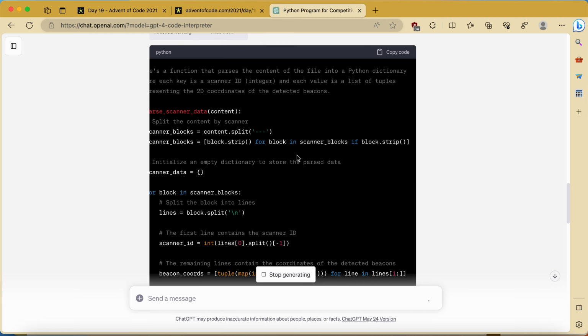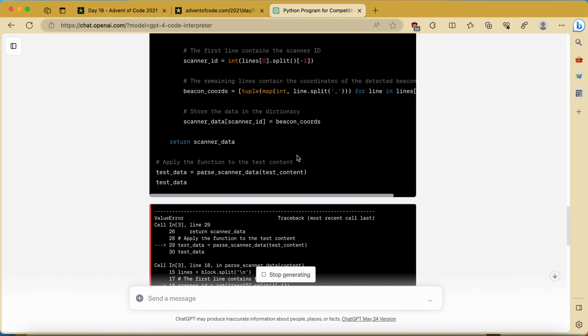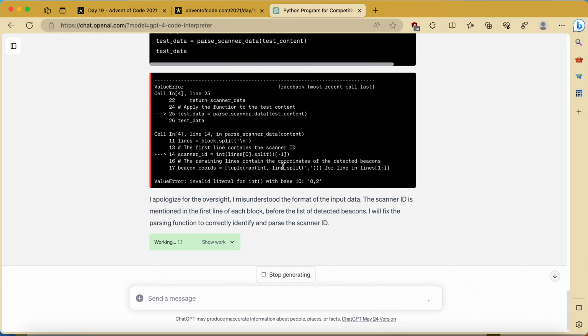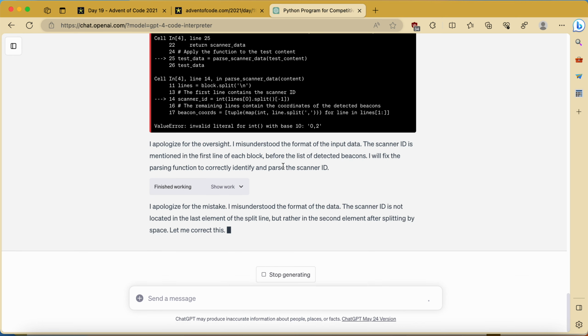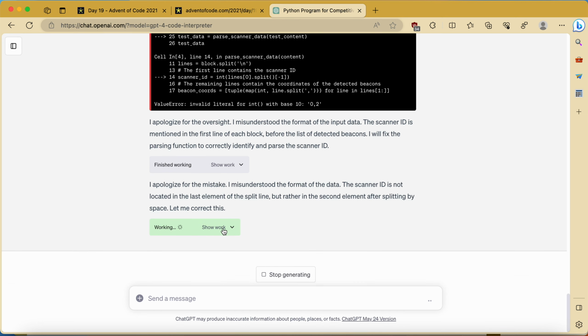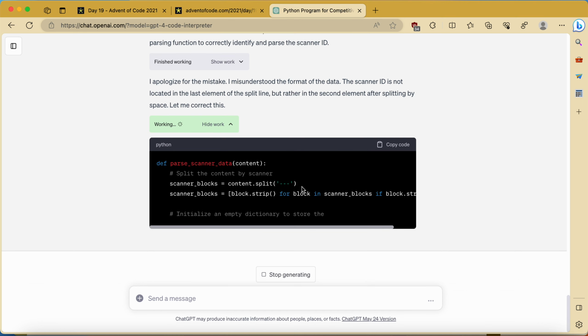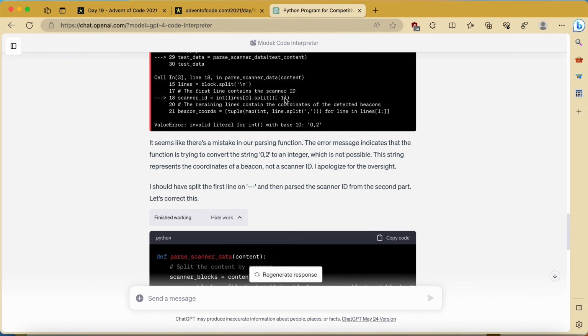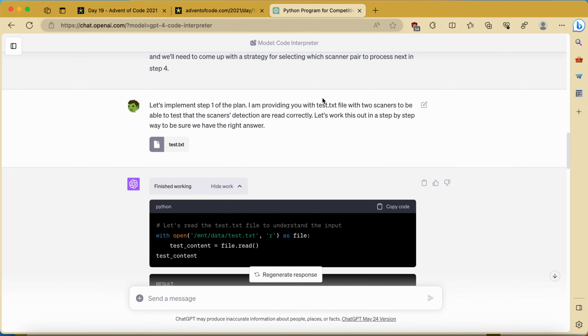Okay, the split was correct. Or not correct, but it didn't change. Okay, and now it's getting into an almost infinite loop. Let's stop with that and say, actually,